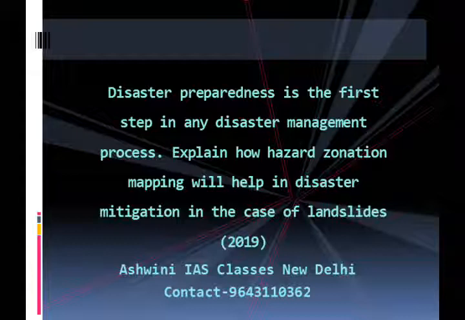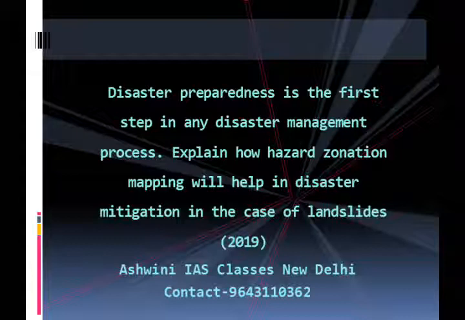Landslide hazard zonation mapping at the macro scale. Different institutions and individuals have in the past carried out landslide hazard zonation mapping at the macro scale following their own methodologies. Keeping in view the requirement of maintaining uniformity, the task force appointed for this purpose, constituted by the Government of India, suggested that in order to carry out LHZ mapping at the macro scale, a uniform standardized methodology be adopted throughout India.